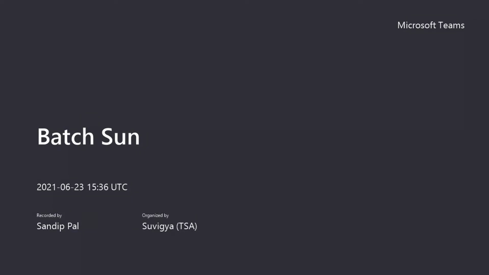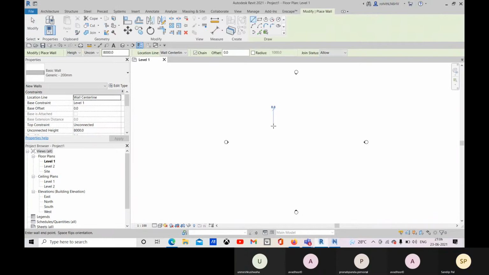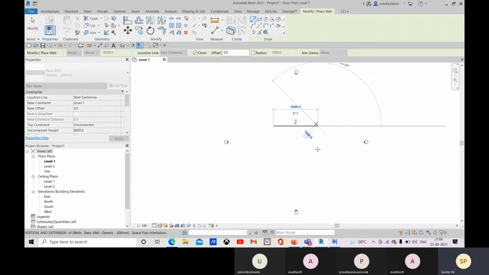Right now opening Revit. So basically what I'll do, I will open this Revit file into Navisworks. So first of all, I'm just creating a fresh new file in Revit. So let me create a simple, just a basic model.